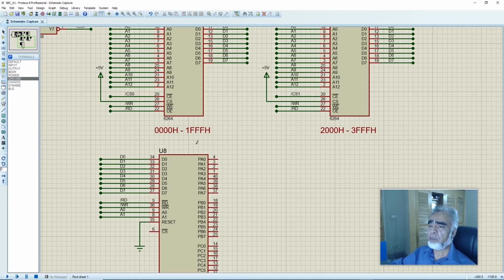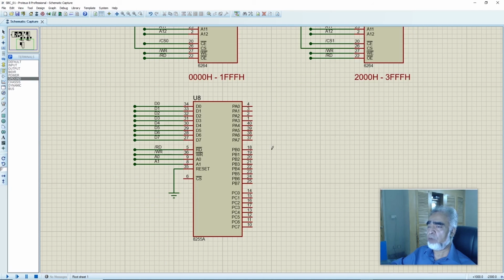And here we can see we have assigned two chip selects, that is chip select 0 and chip select 1 to RAM 1 and RAM 2. For this interface, that is 8255 PPI, we will use the third chip select, that is chip select 2.